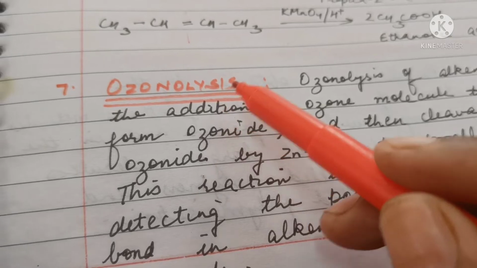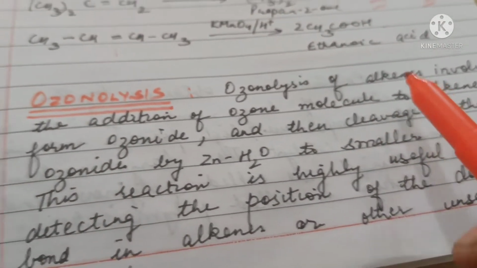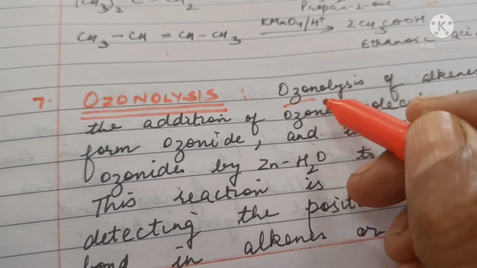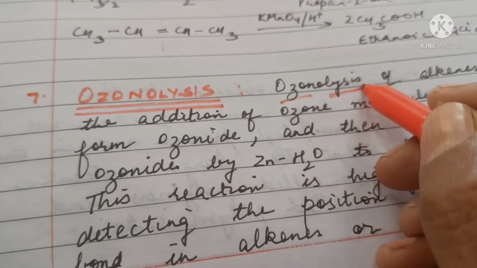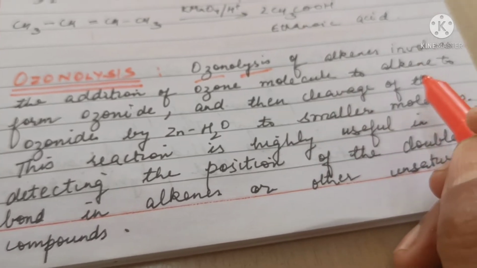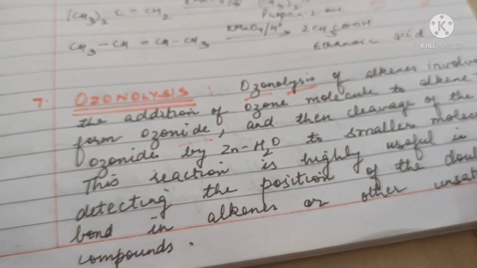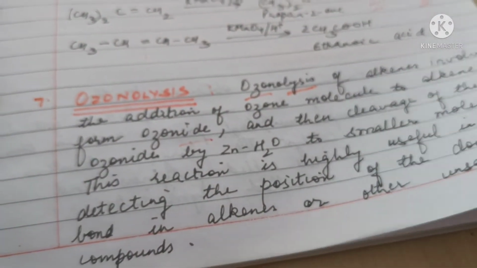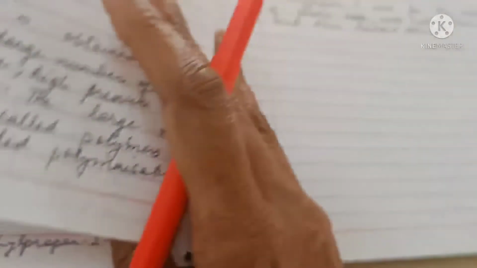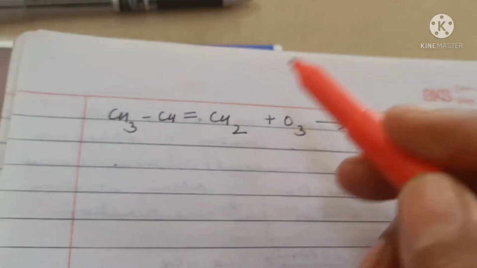Next reaction is ozonolysis. Using ozone, we can also carry out oxidation. So ozonolysis means ozone is added and it will break down during addition. Lysis means breakdown. So ozonolysis of alkenes involves the addition of ozone molecule to alkene to form ozonide, and then the cleavage of ozonide by zinc water to smaller molecules. This reaction is highly useful in detecting the position of the double bond, where the double bond is located in